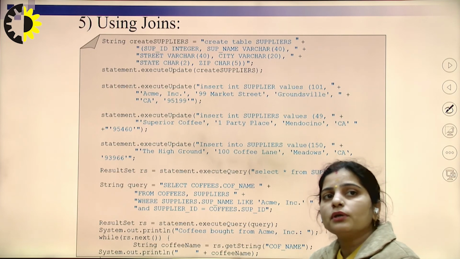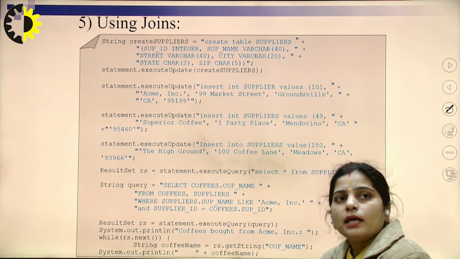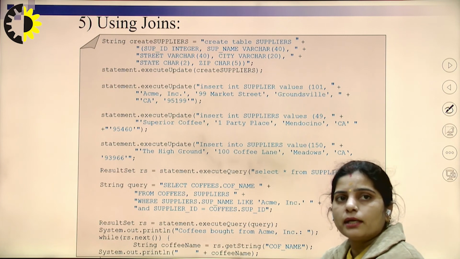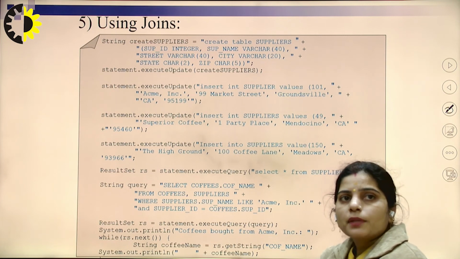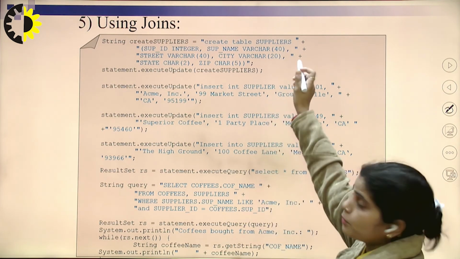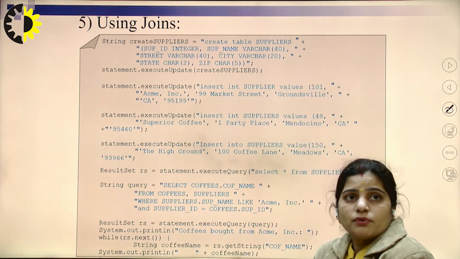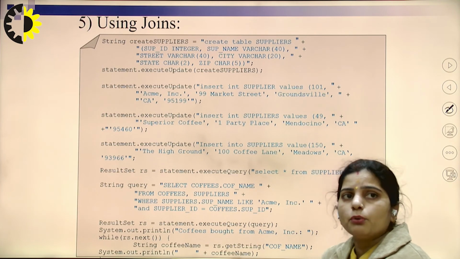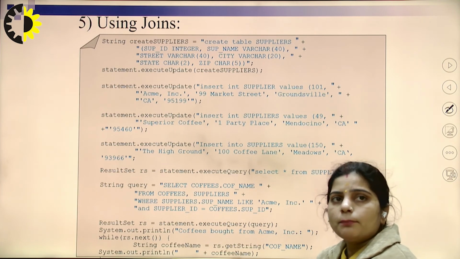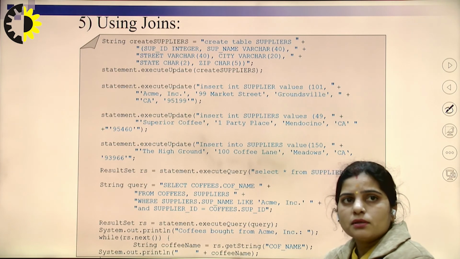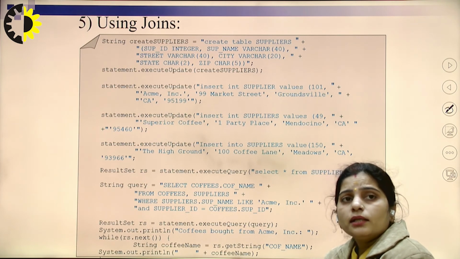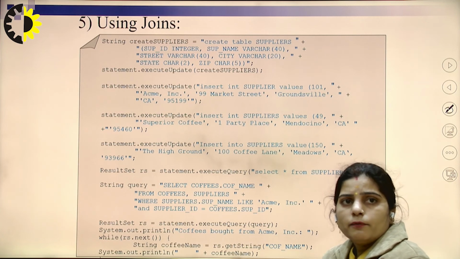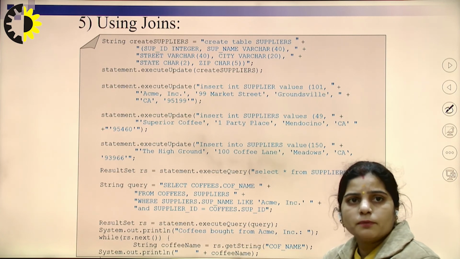Here we create the table suppliers with supplier ID, which is an integer, and supplier name, which is a varchar with a constraint of 40. In this way we initialize the table, and after that we execute the update on that table, suppliers. Then we insert the values into that table. Again we are inserting values.